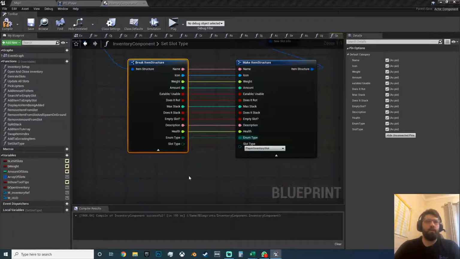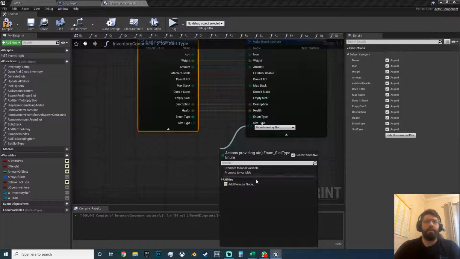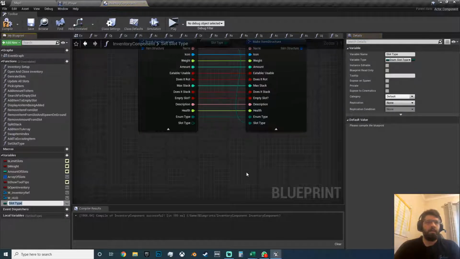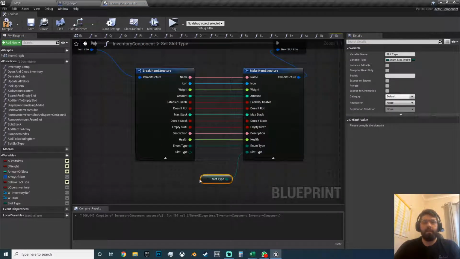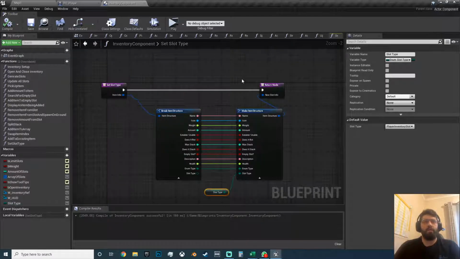you want to promote to a variable, and this is going to be slot type, like that, okay? And this is, it could be in your setup, okay? So set slot type,